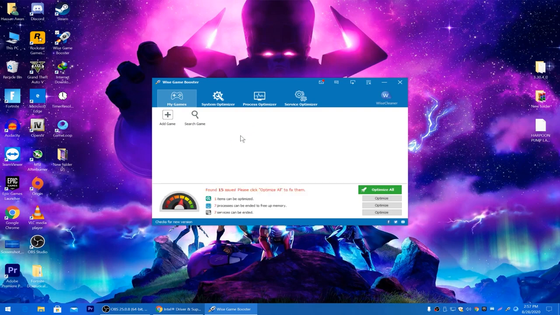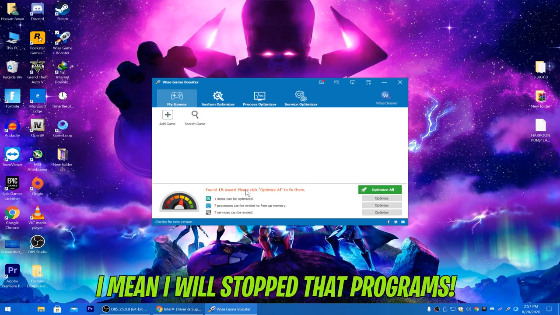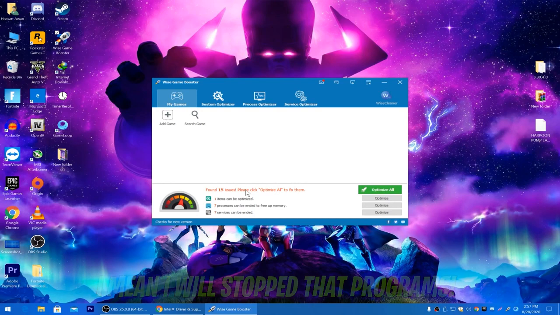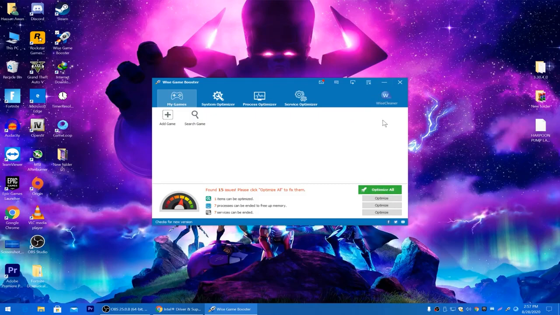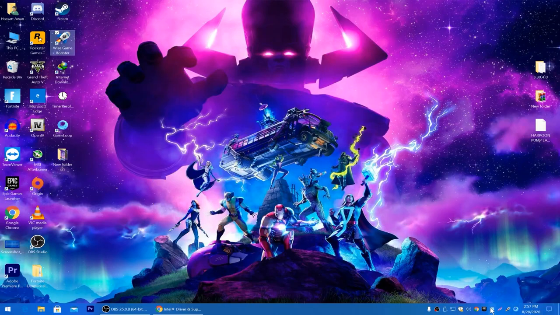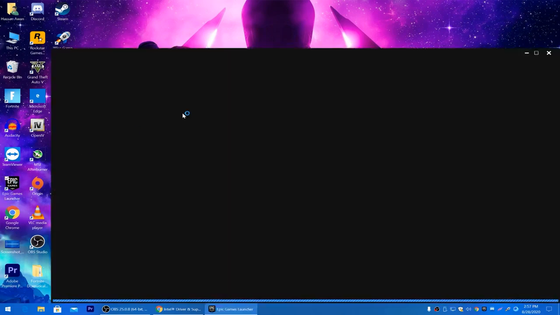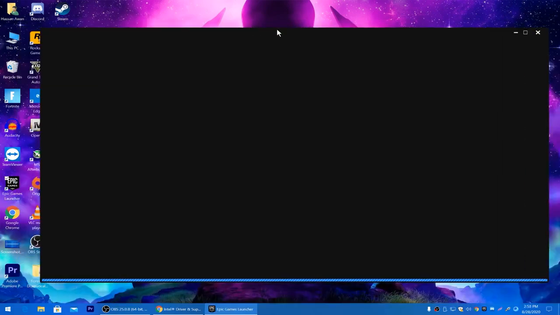After updating it, before starting your game, before launching your Fortnite, simply click here on the optimize button and it will fix all of these issues and the background running applications which are sucking up your CPU, your RAM, your GPU usage. It will remove all the temporary software and anything that doesn't need to use your PC's resources. After clicking the optimize all button, minimize it and it will keep running in your background. After doing this, you need to go into the Epic Games launcher and follow these steps.